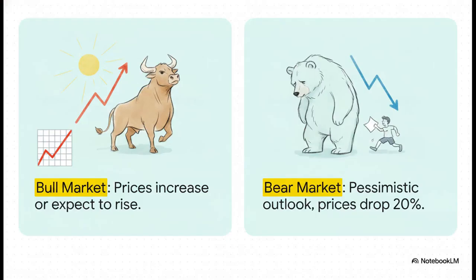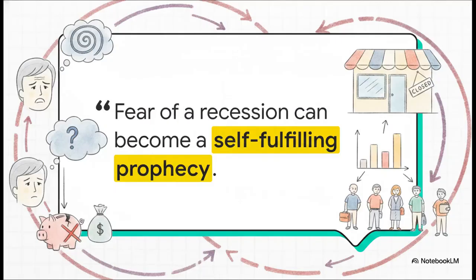Now, when that business cycle hits a severe contraction, it often triggers what's called a bear market. A bull market is full of optimism and rising stock prices, but in a bear market, deep pessimism takes over. Expectations tank, and individual securities or overall indexes drop by at least 20% for a sustained period. Investors get spooked and rush to sell off their assets to avoid losing money, which, of course, just drives prices down even further.